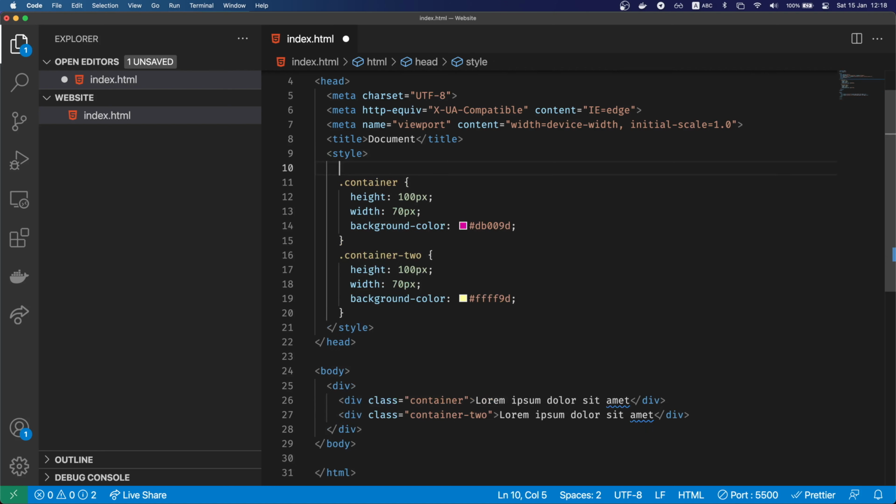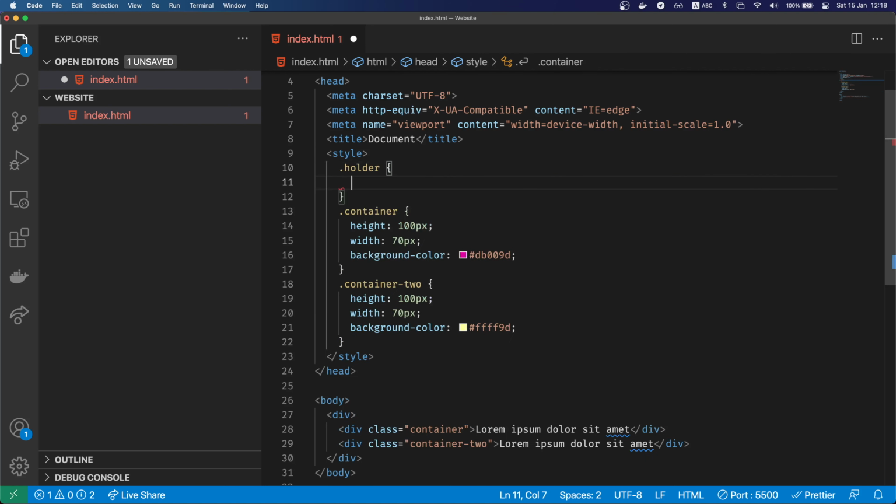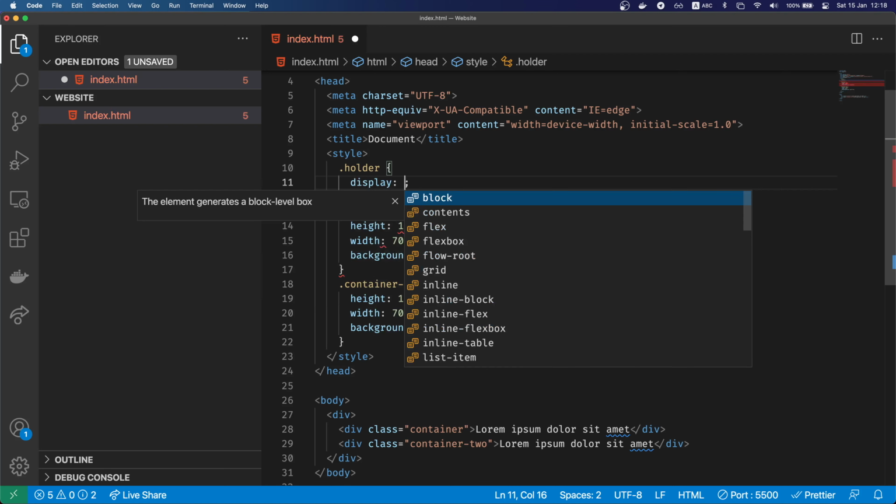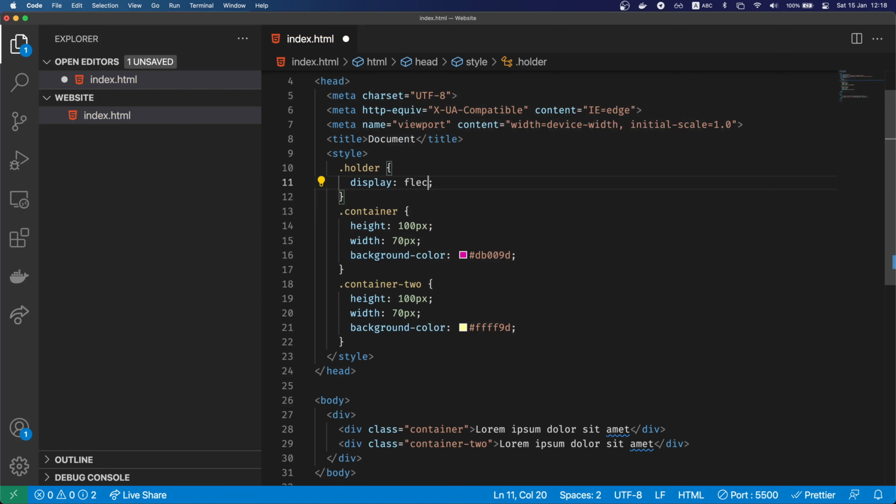And let's call it folder. Again, I don't know if it's a good name. You can think of better names than me. I'm just going to give it a name. And I'm going to say it's display flex. I'm going to go over here,